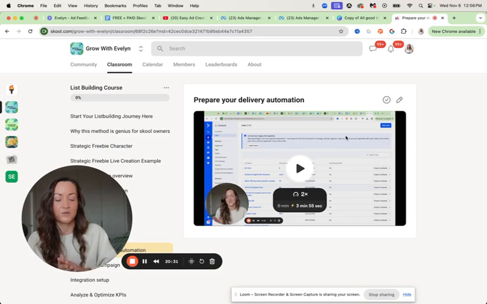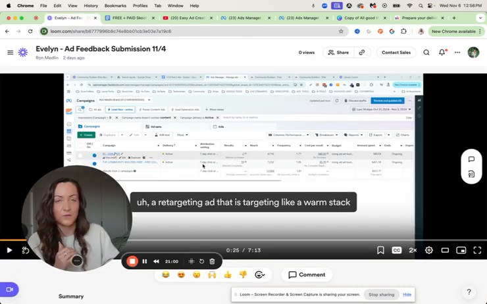So the way this works is you have an instant form on Facebook, you advertise a strategic freebie that's a perfect fit for your community, reverse engineered from basically the about page of your community. Then people say, yes, I want this. They opt in with their email. With Zapier, you hook them up into your email marketing tool. You send them the thing and you guide them towards your community in the welcome email and in all of your nurture emails. So that increases the traffic to your free community, and that also fills up your retargeting bucket,